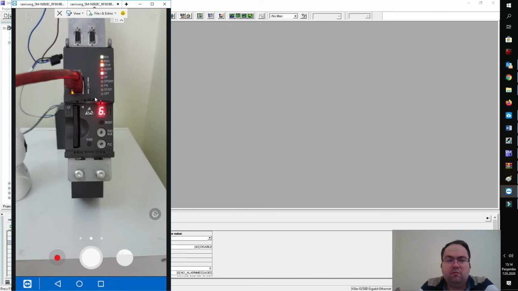Our program is deleted, so there is no Profinet configuration right now, and all of the ports of the CPU are reset to the default settings. That means the IP addresses on Profinet or for Profibus are still the default. And let's switch back to 0 and 0 on the rotary switch.